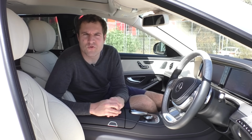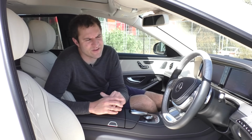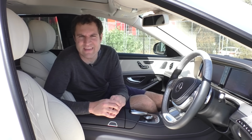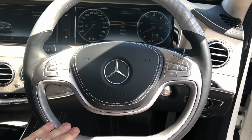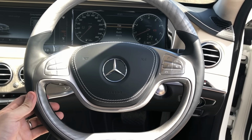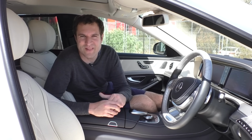Anyway, on to some of the weird quirks and features of this car. I want to start with the steering wheel situation. If you take a look at the steering wheel with the gauges behind it, you can't not see a clown face. The gauges are the eyes, the Mercedes-Benz logo is the nose, and the steering wheel bottom is just smiling this giant big smile because there's no third spoke on the bottom of the steering wheel. Once you see it, it's impossible not to see it every time you climb behind the wheel of any S-Class